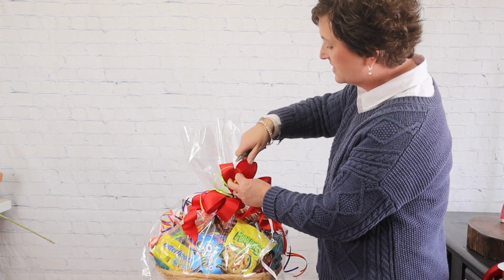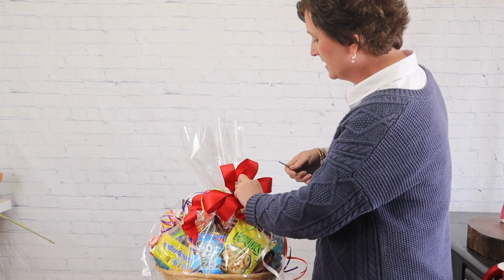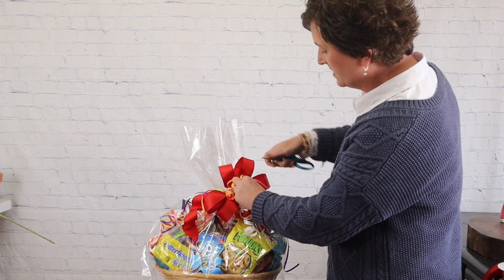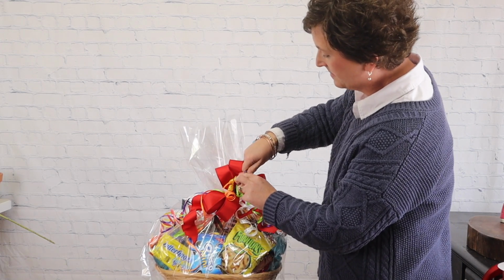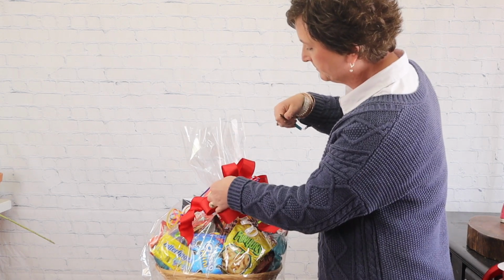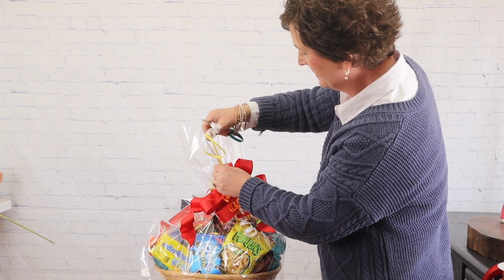So take your scissors, lay it on the back side of the ribbon, hold it with your thumb, and just pull it. And that's going to cause it to curl. So I'm going to do that with every single one of those ribbons. I'm just taking the straight edge of the scissors, and I'm just running it down that ribbon. All right, after you get all of those ribbons curled,